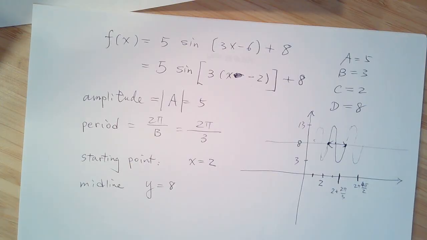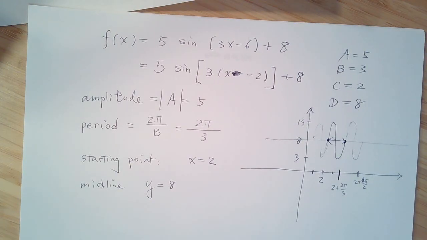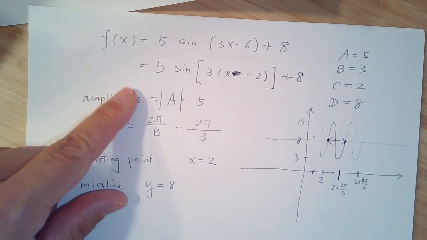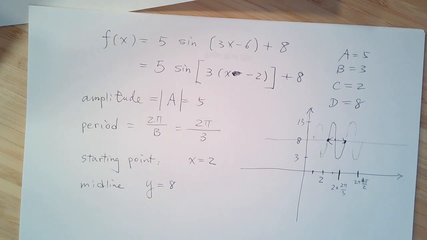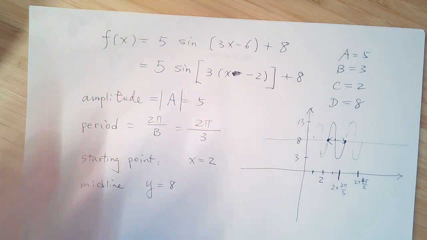Okay. So that's how you determine this A, B, C, D, and how to graph it, or how you read from the graph to find the A, B, C, D, and then go back to this graph. Okay, so let me give you another